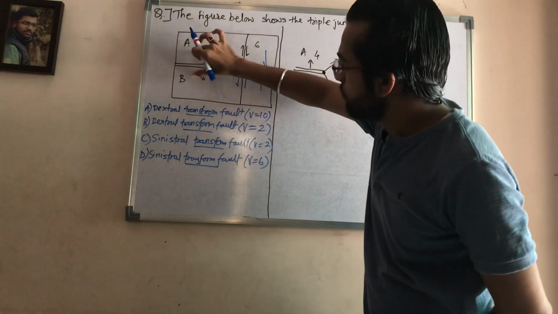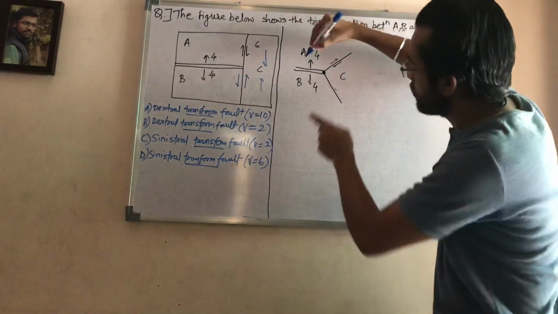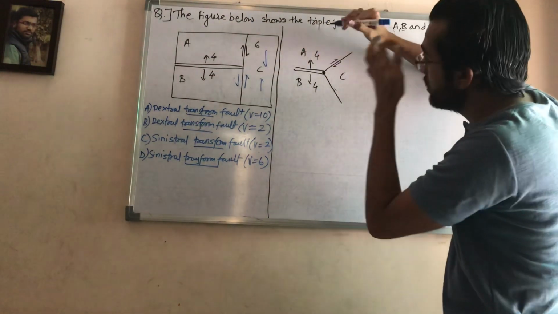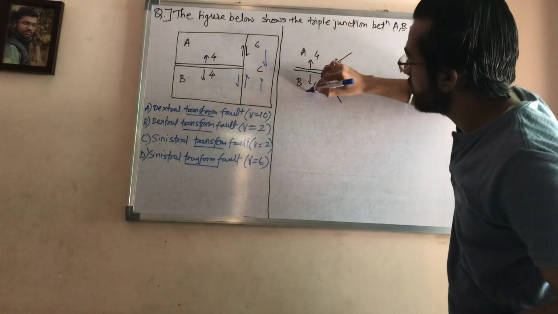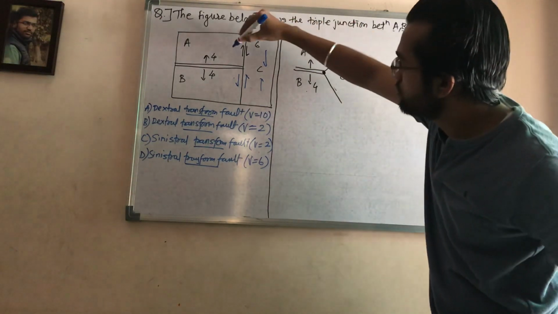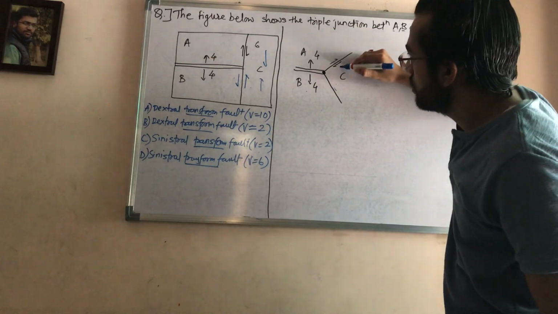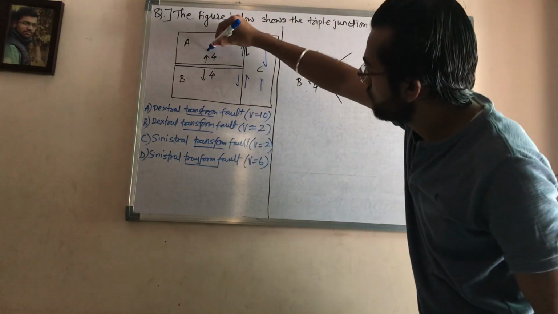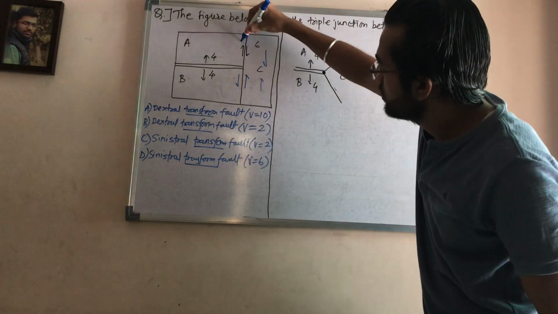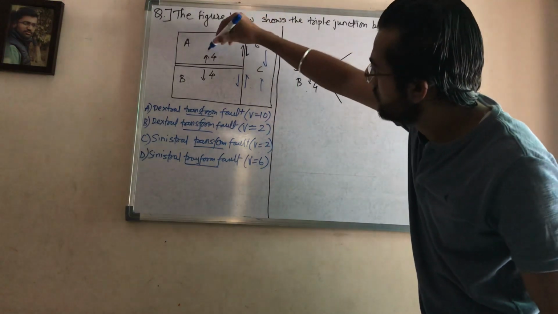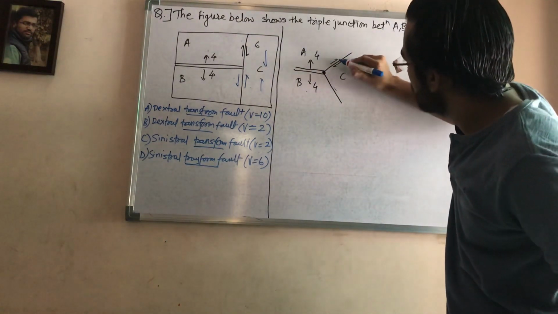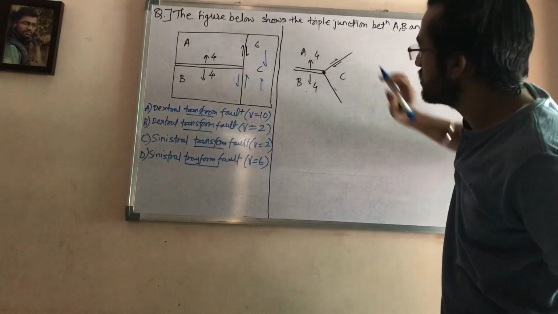This is your MOR, mid oceanic ridge. So I am drawing mid oceanic ridge like this. Now this is your plate A, this is your plate B, this is your C. Now the junction between A and C is your transform fault. So the direction of A and the direction in plate A are same, so I am labeling as this. This is like this.